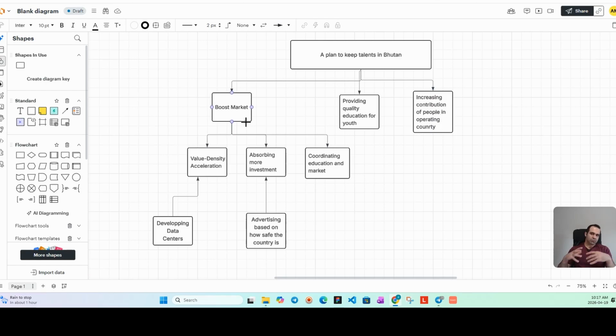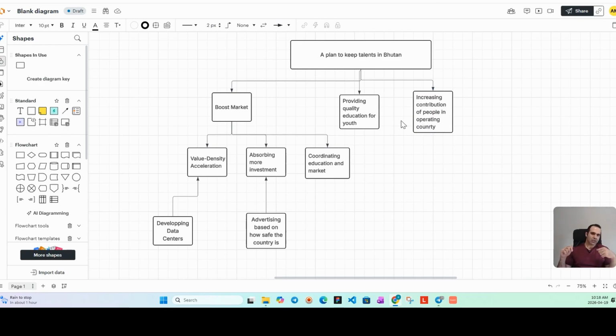So if we boost a market, which means we have more projects, we have more needs, we identify needs and boost the needs. We actually know the needs, and then when we educate people, we have qualified people to provide the needs. So we have a need, we have qualified people to provide the needs, and with this function, increasing contribution